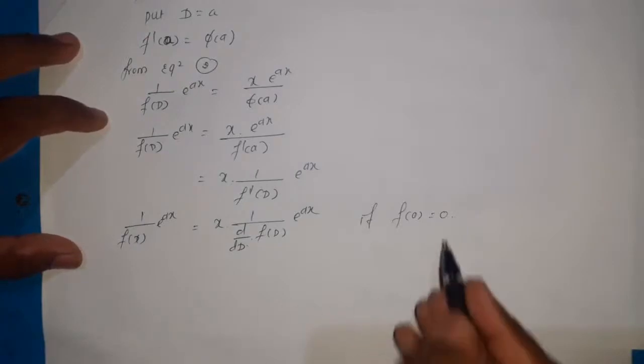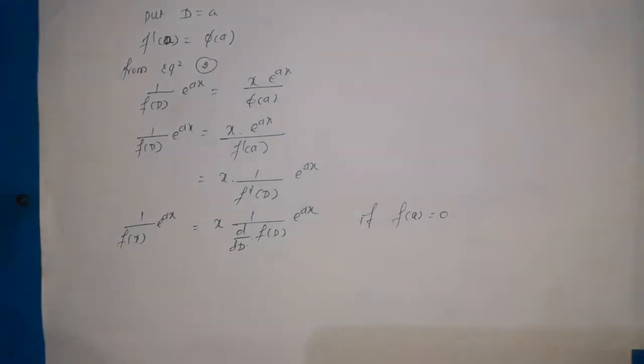Then this is the case of failure of the first case of particular integral. Suppose again the denominator is 0, then again x into 1 divided by d by dD of f of D, and the process continues until we get a non-zero remainder,